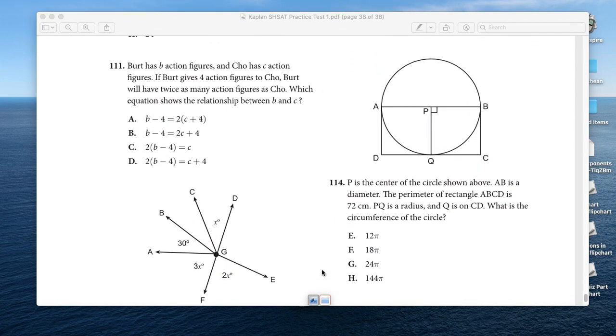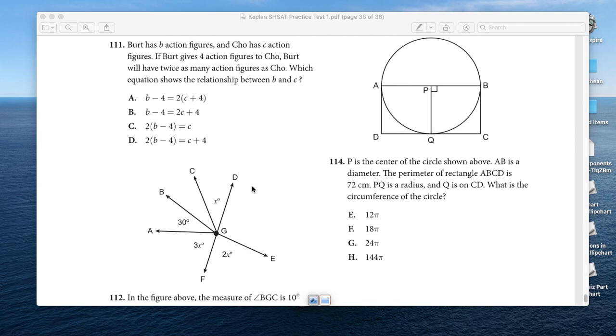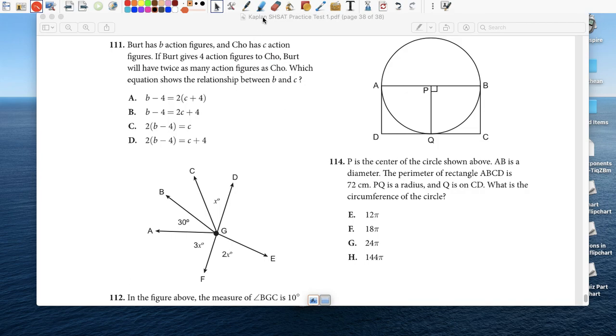Bert has B action figures and Cho has C action figures. What? Hey, my name is on the test. Bert has B action figures, Cho has C action figures. If Bert gives 4 action figures to Cho, Bert will have,